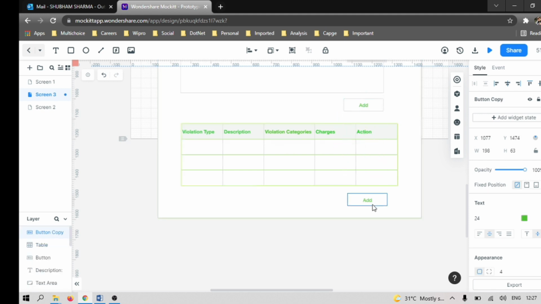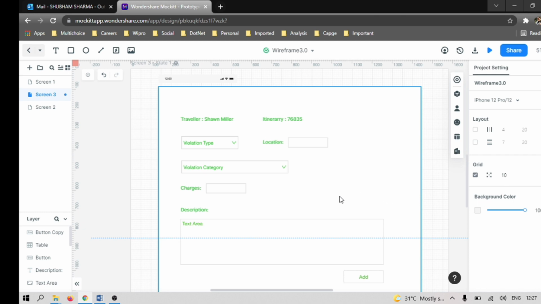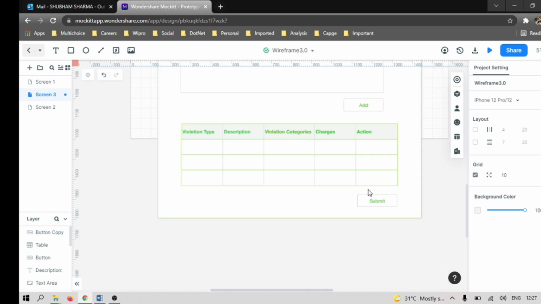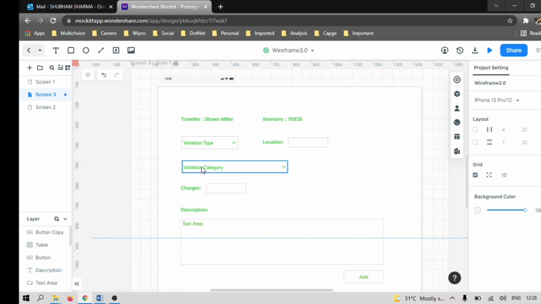You can just copy here and paste. Change the name to submit. Okay. So this way it will look like. Control S. The charges, violation category.